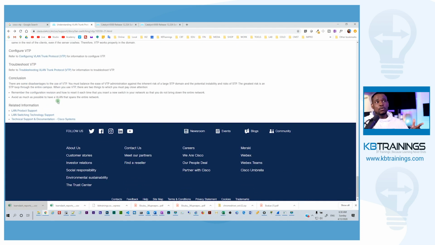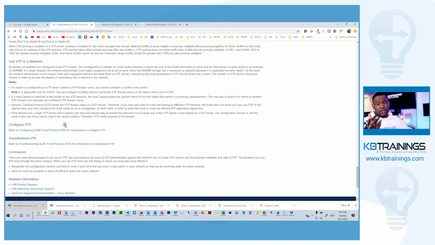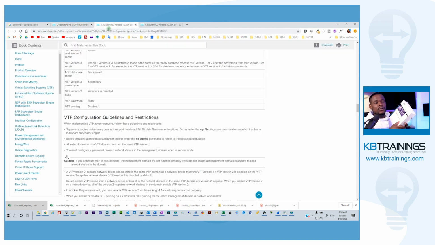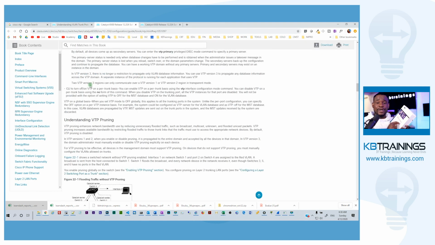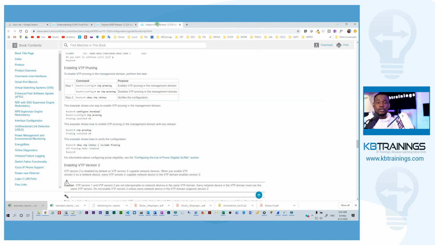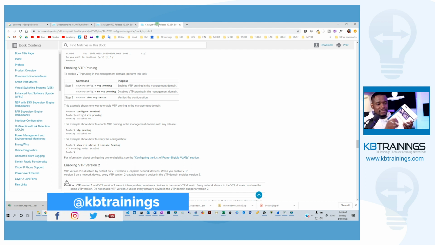Most of the things on the Cisco website, if you have to buy a book, you can do it. I buy books too. You just need to understand that everything that is written on this book is coming from the Cisco website, because these are people like you and me. They didn't invent these technologies. They are just following whatever is put out for them to write the book. And if I was in the process of writing the book, what would be one of the concerns that I would have? I would like my book to be big, okay? So if I have a few things to write, I'll probably put a lot of words around it